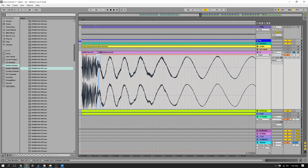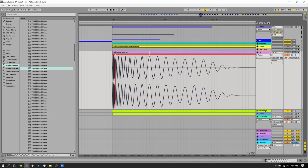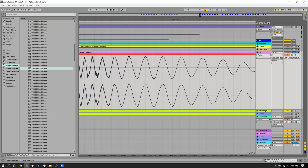I mean, long kicks are cool. It's just a preference thing, really, I guess. Personally, I like short kicks. I like this tail at the end here. Just going to chop off a few cycles. This cycle. I can join this. Right, it's still way too long, so instead of chopping off more cycles, I'm going to